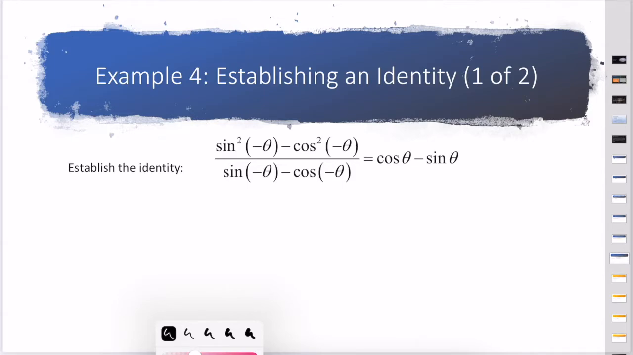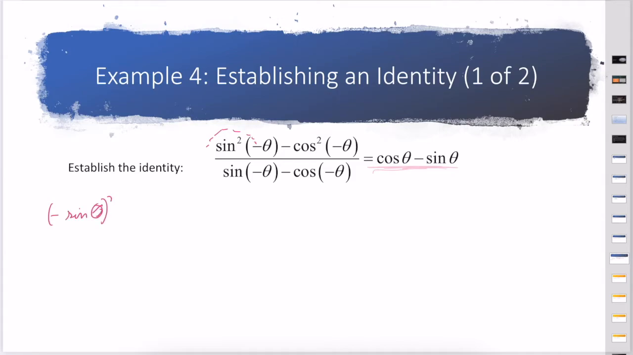So I need to establish the identity: sine squared of negative theta minus cosine squared of negative theta over sine squared of negative theta minus cosine of negative theta equals what I have here on the right. Okay, so if I have sine squared of negative theta, because sine is odd, I can move that negative to the front. So I have negative sine of theta